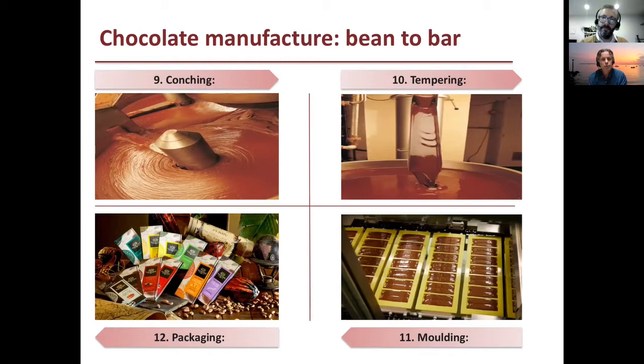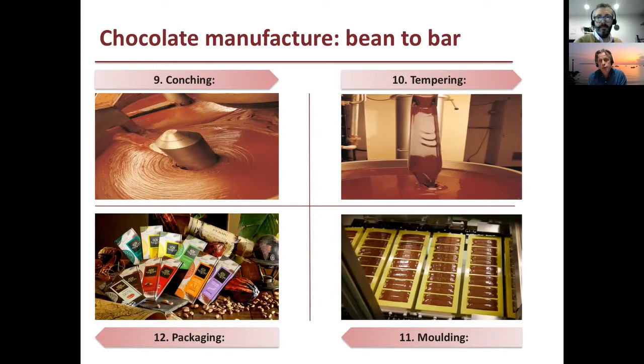That gets rid of everything other than the beta prime. It's only by having beta prime fat crystals that we will have a stable chocolate bar. So it has to be done. Otherwise, when the bar sets, it'll develop a very unattractive grey colour and not taste great. The same sort of thing that happens if you've ever been unfortunate enough to leave a bar on a radiator or in the sun, let it melt, and then it sets again. The greyness that results and the unpleasant texture, that's called bloom. And that happens when a chocolate is not tempered properly, when it doesn't have its crystals in the beta prime form. So that's a very important part of chocolate manufacture.